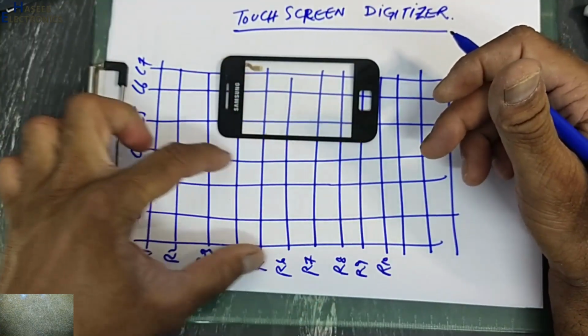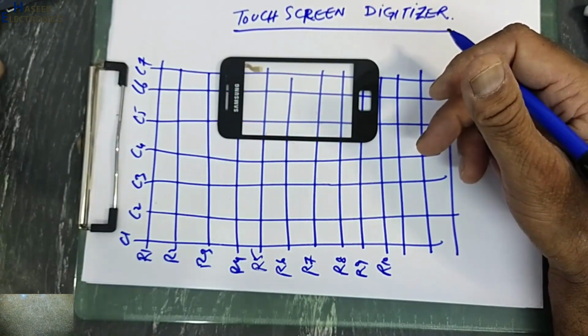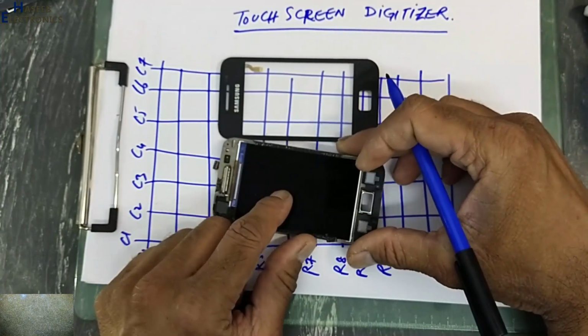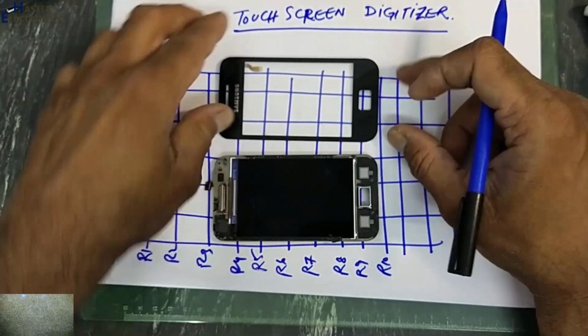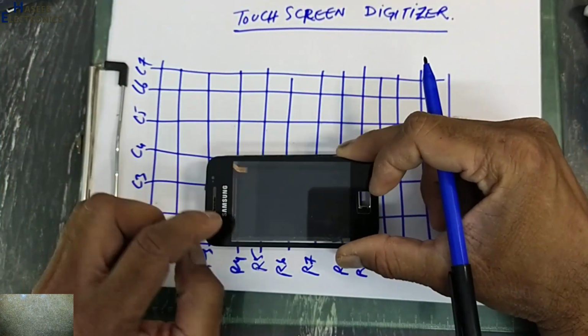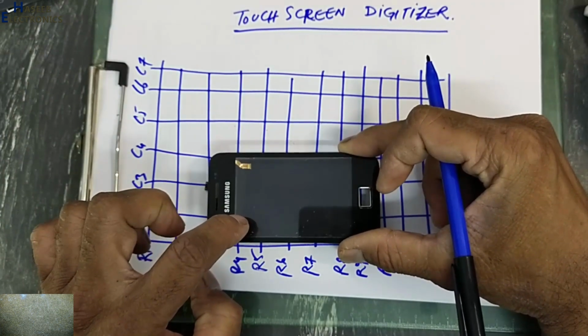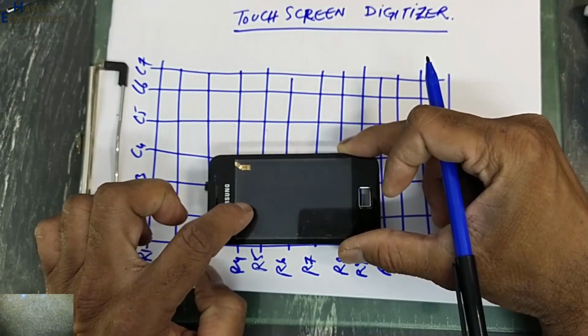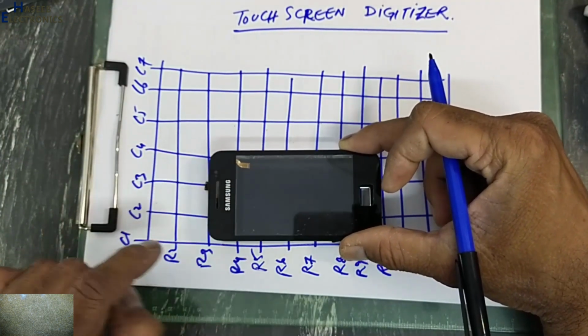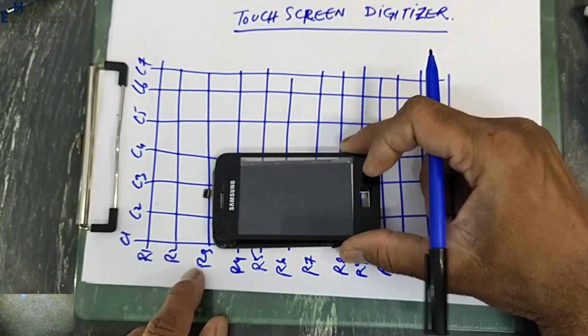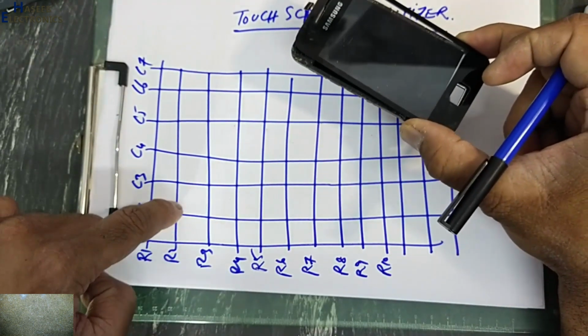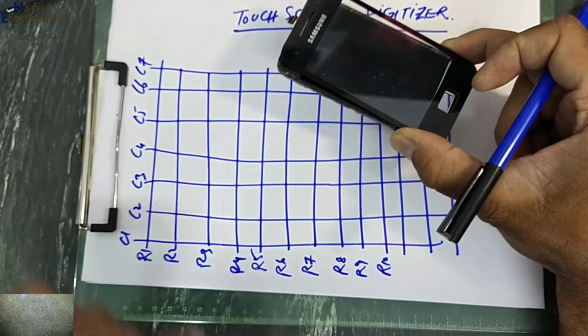In the back side of this transparent glass there is this display that is called IPS display, and this transparent glass is here. When we touch any portion of this glass, basically we are touching these rows and columns.